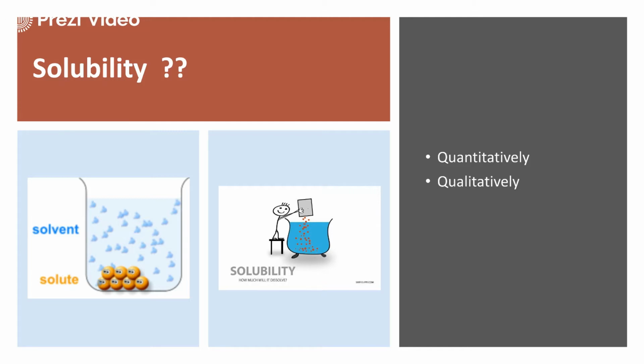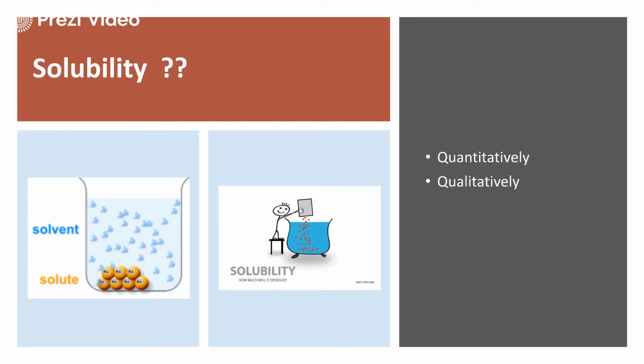So when we have to determine the solubility of solute in the solvent, we can do it in two ways. The first is the quantitative estimation and the second is the qualitative estimation. Quantitative estimation means we are calculating the amount of the solute which goes into the solvent by measuring the total amount of the solute. Qualitatively, we are visualizing it without going for the actual figures or the values.